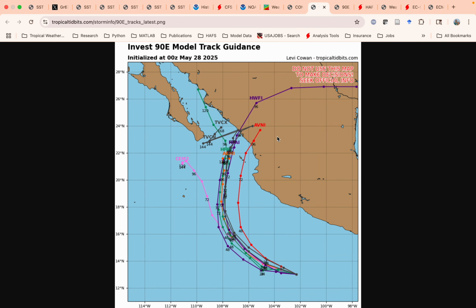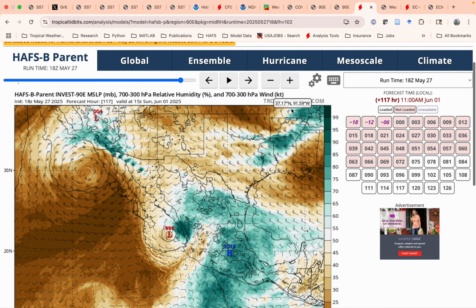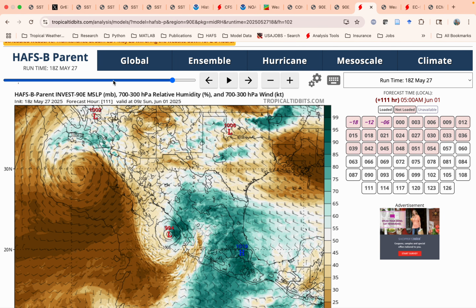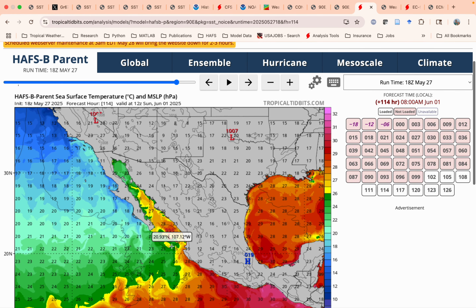Go back to this, because it's going to peak probably maybe as a strong tropical storm to Category 1 and then fall off. If you look at the HAFS model, this is HAFS B, the one that I've done the most work on. You can see kind of as it gets up to the northwest here, some shear and dry air really gets in there. And also, if you look at the SST, because this is a coupled model,